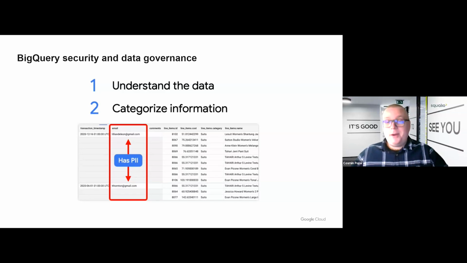But luckily, being part of the Google Cloud Platform ecosystem, we get access to Data Catalog, which helps us track table metadata and do metadata discovery. The great part is that we can create schema-based tags. So for example, we can just define that if it ends with at something.com or at something dot something, this is usually an email if it contains it in the beginning or in the end. And after defining such schemas, tags will be automatically associated to your data, like metadata. So it's going to be very easy then to, for example,